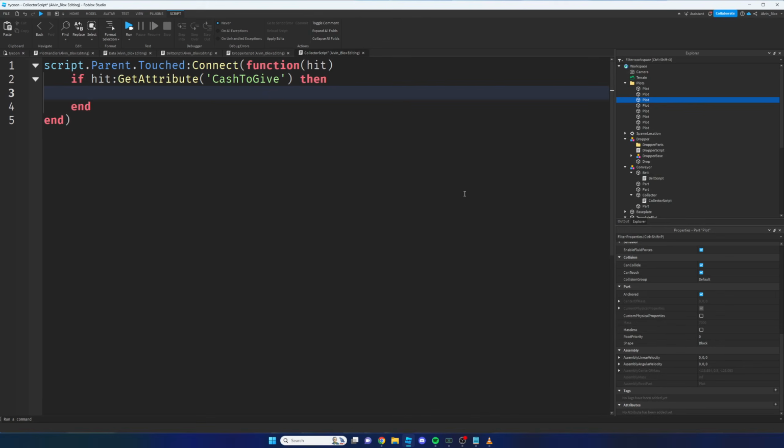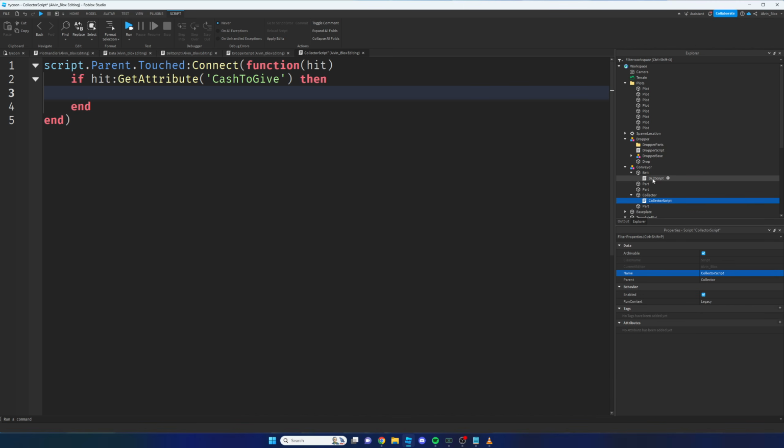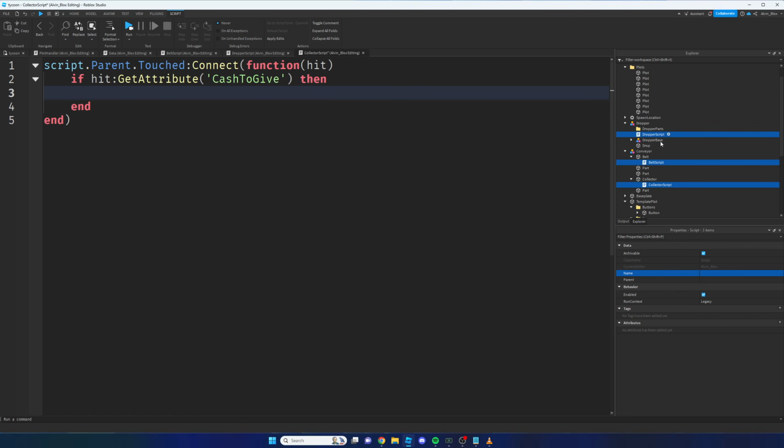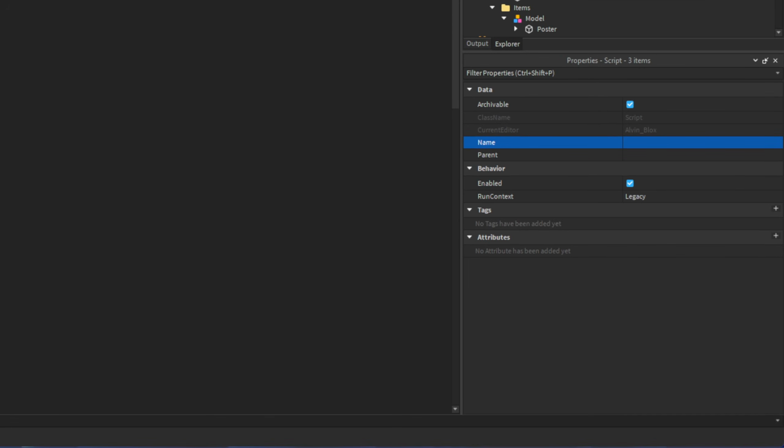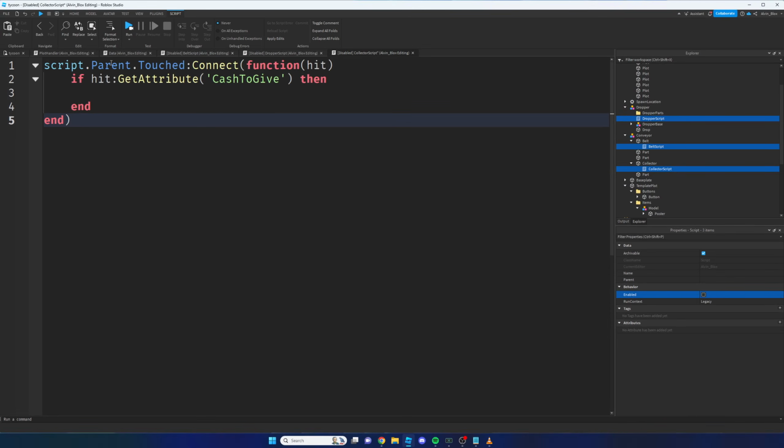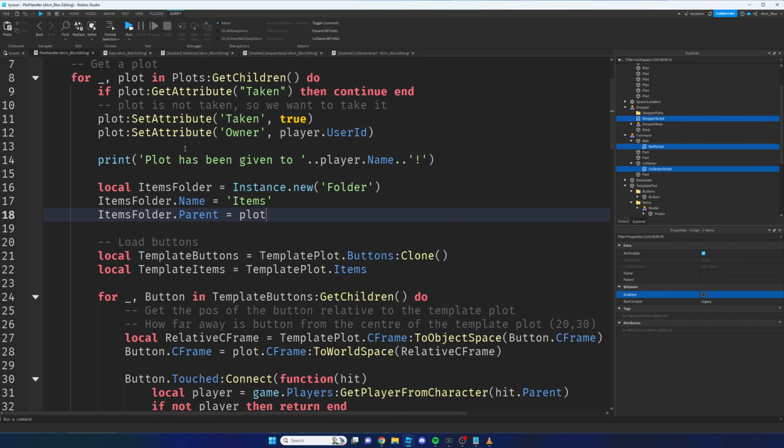It's not at the moment, but what we'll do for now is we will just take our three scripts here, our belt script, collector script, and our dropper script, and we will just make them disabled for now. So I'm going to select these three scripts we've been working in, and set enabled to unchecked. Okay, so it's now disabled. And then we'll go back to our plot handler,